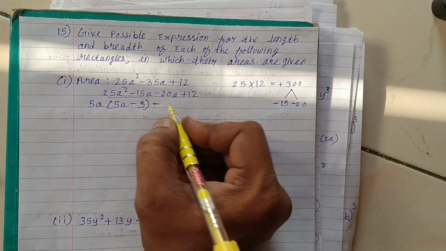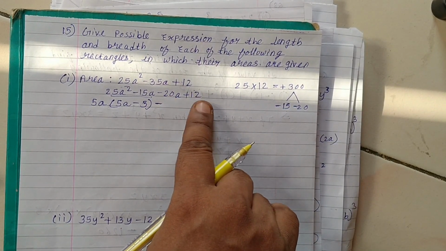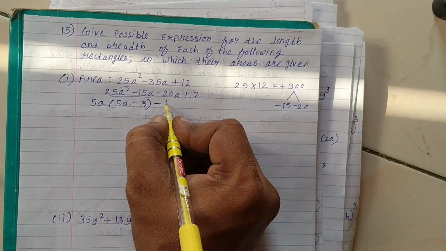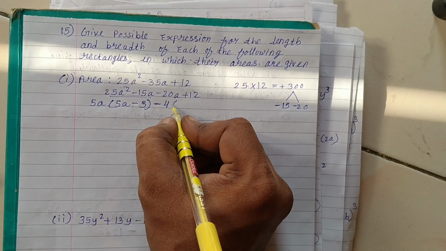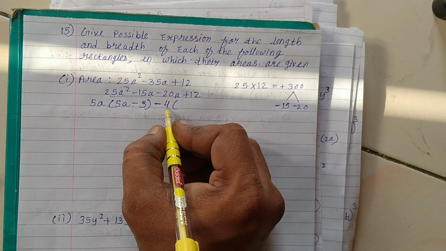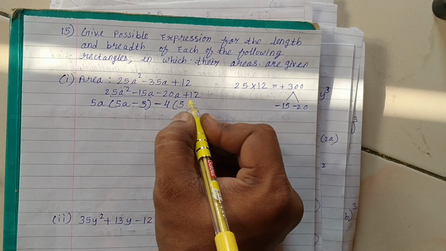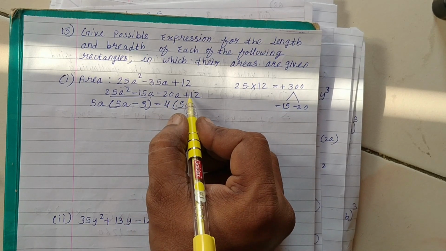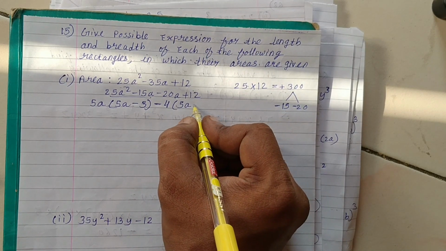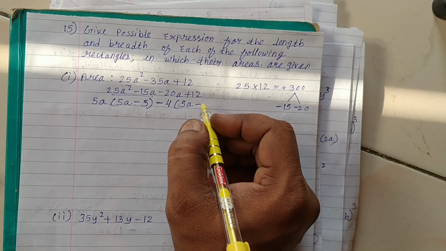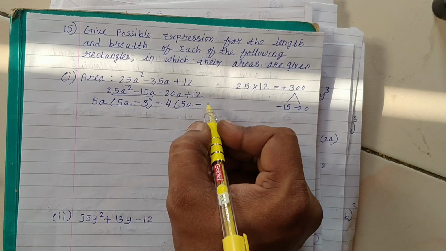Now here we will take the minus sign common. Now 20 and 12 are both multiples of 4, so 4 is the common factor. Now 20 in terms of 4 is 5 into 4. 4 is common, so 5 will be uncommon. Similarly a is uncommon. Now we have taken the minus sign common, so this sign will change, so it will become minus. Now 12 in terms of 4 is 4 into 3, but 4 is common, so 3 will be uncommon.